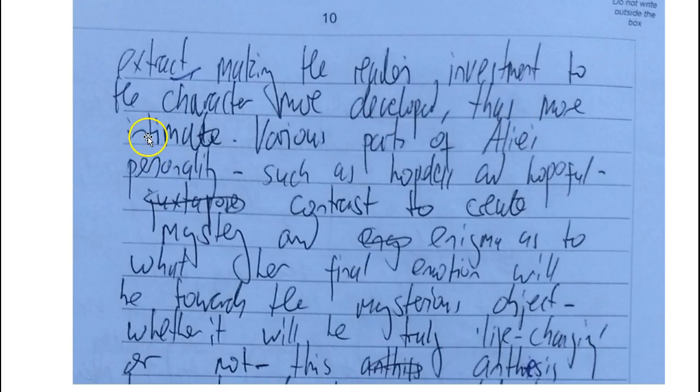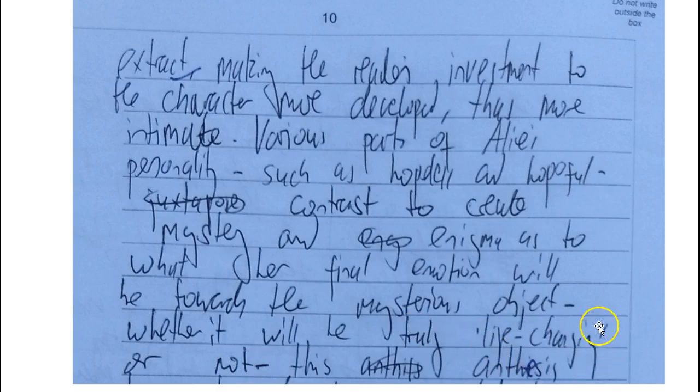"Thus more intimate. Various parts of Alice's personality, such as hopeless and hopeful, contrast to create mystery and enigma." So he's starting to get marks now because he's talking about the methods, so contrast,